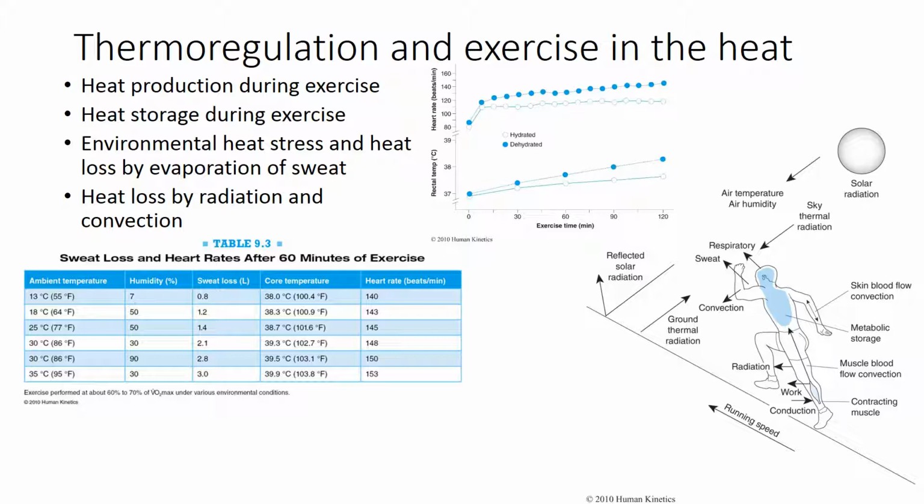So, when we're exercising, turns out we are going to be producing a lot more heat. In fact, we're going to see the higher the intensity that we're exercising at, the greater amount that we're going to be increasing our body temperature, which in turn, the greater amount of fluid loss that we're going to have. And if you guys think back to exercise phys with cardiovascular drift, we're also going to see that increase in our heart rate because of a decrease in our plasma blood volume.